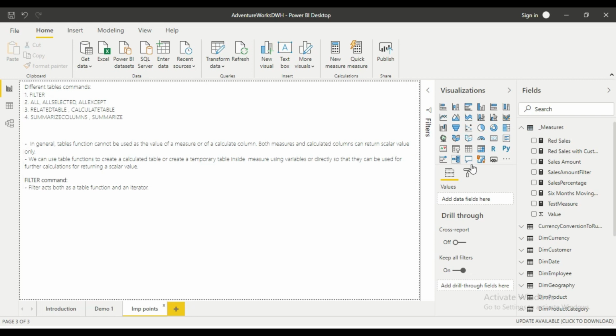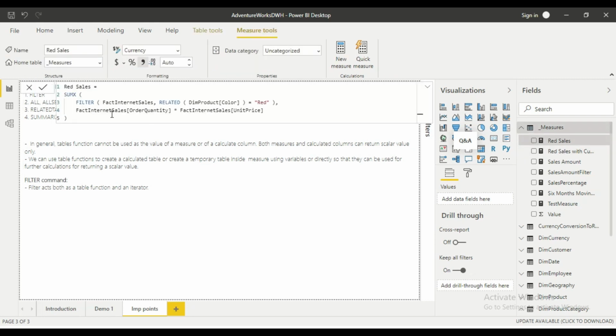To explain this, let me go again back to the measure code in which I use the table function. Let us go to the red cells and we'll see. So friends, as you can see here, the filter function, as I mentioned while I was defining this particular measure also, the first argument is the fact internet sales table and the second argument is the filter expression, which we use to filter this particular table and return only the rows which meet this particular filter condition.